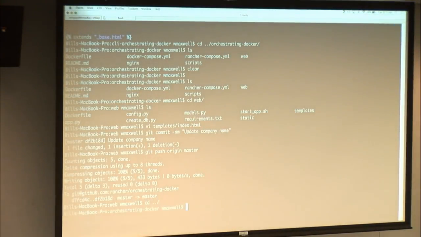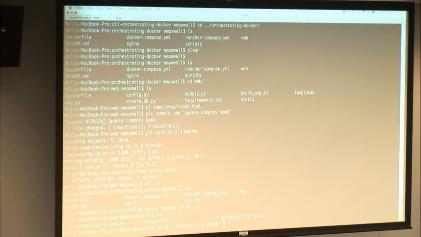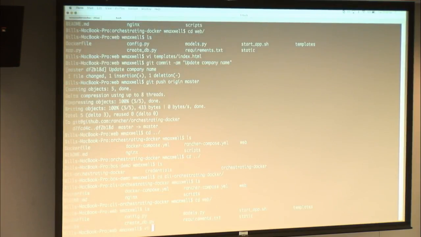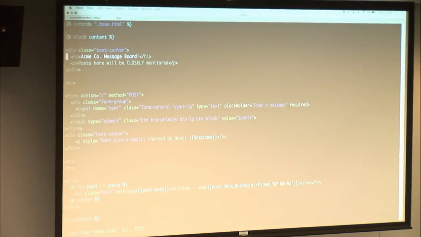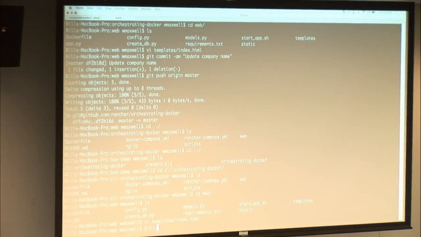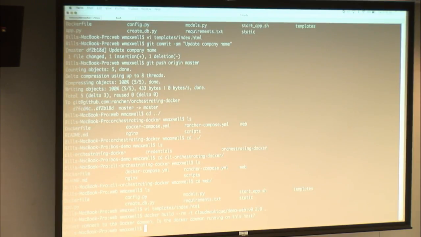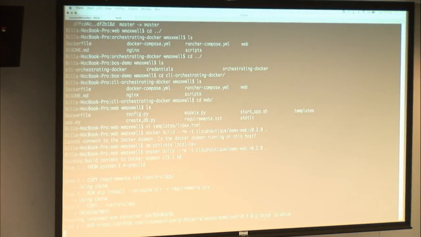Now let's see if we can do a similar demo. Do it from the command line this time. So what I'm doing now is building the Docker container locally.